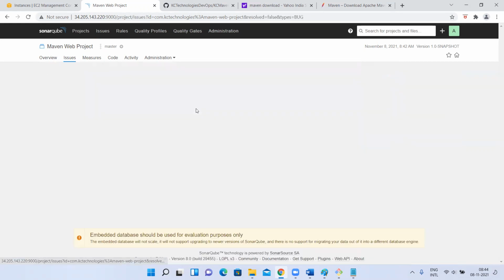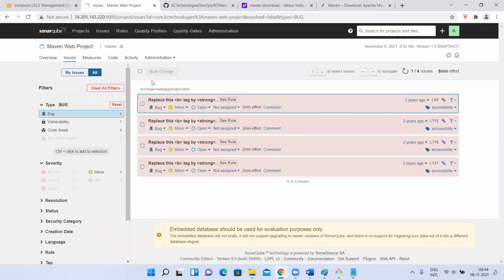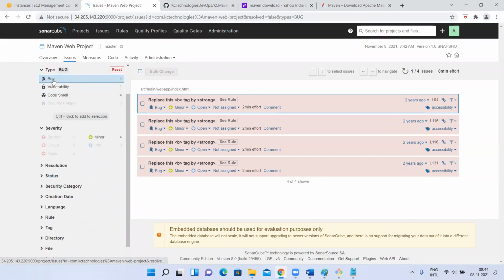I'll go to these bugs. Now see, these are important. We'll concentrate more on the bugs only. Under bugs, if we come here, there are types: bugs, vulnerabilities, code smells. It will divide them like that. Now, if we come to severity, these are very much important. These are interview questions, and in real time also we have to concentrate on these things: blockers, critical, major, minor, info. Under severity, there are 5 things. Types are bugs, vulnerabilities, code smells, right?